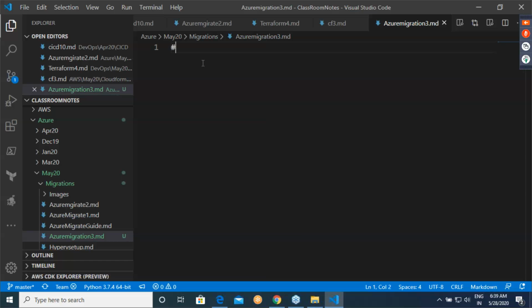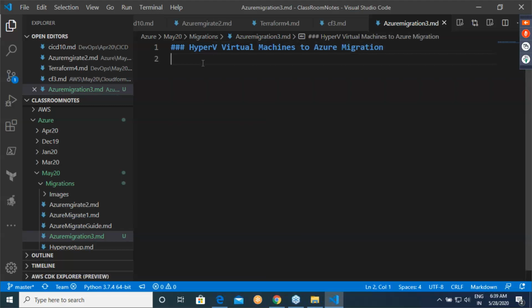So let me look into Hyper-V virtual machines to Azure migration.